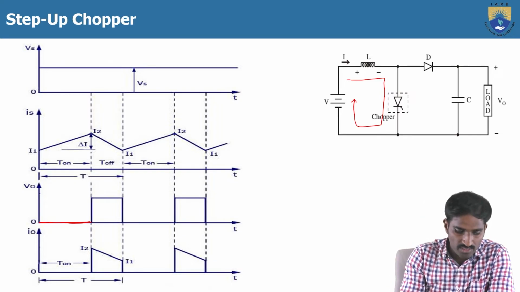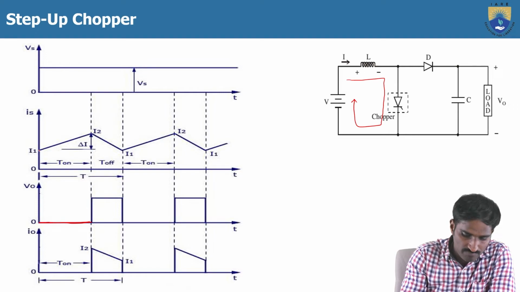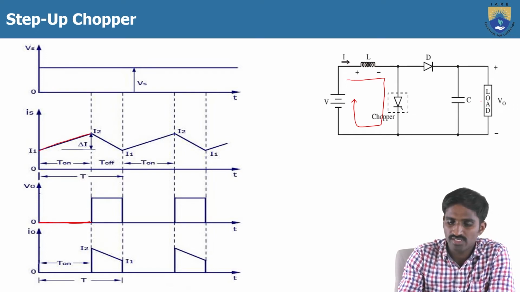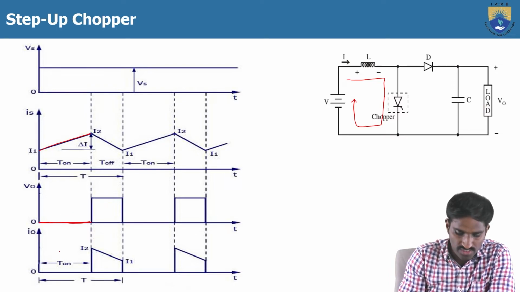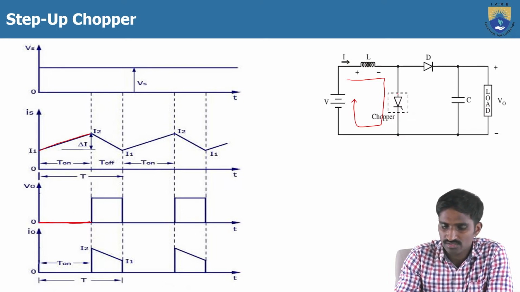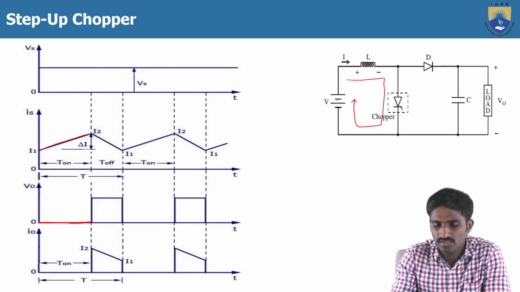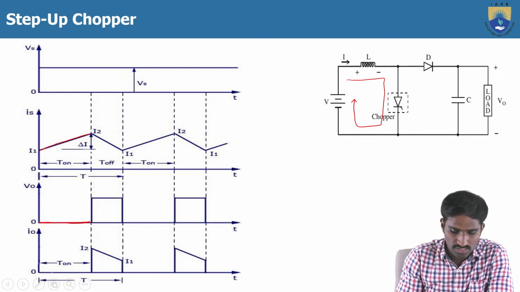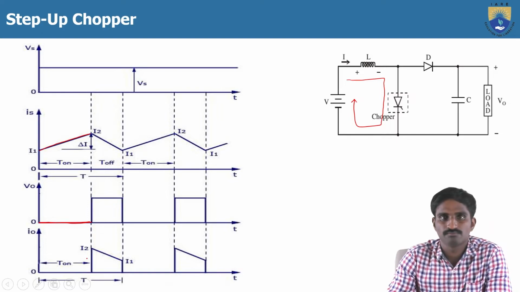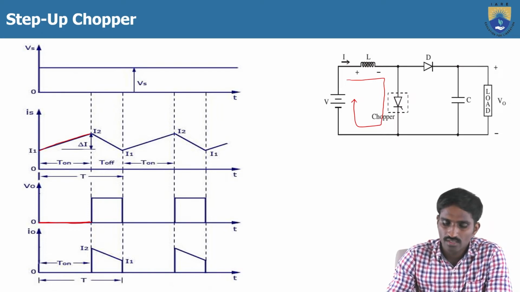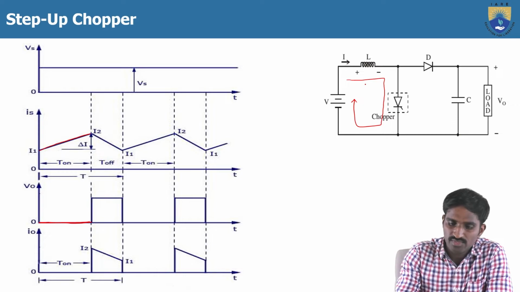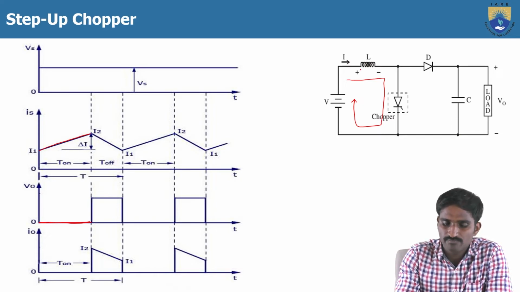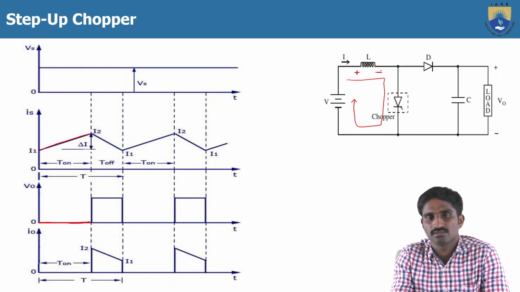Okay, and coming to the current here, you can see it is gradually increasing. This is the source current only, because the load current will also be 0, since there is no connection between the source and the load when the chopper is on. So that's why the load current is also 0. During this time the inductor will store energy, with the terminals as plus and minus,